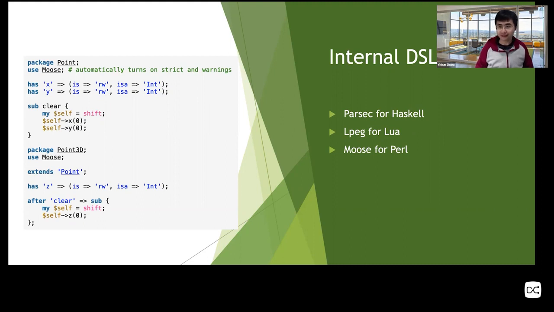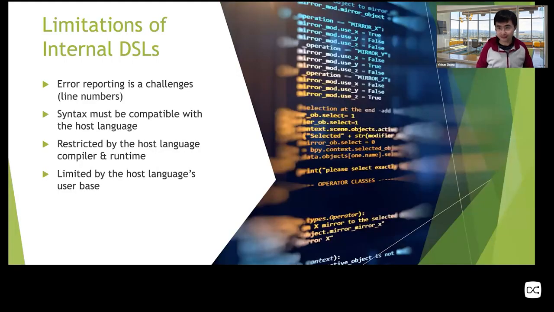It's very handy. Many people use that actually. But it still has some limitations. That's why we still need a full-fledged external DSL implementation. Regarding the limitations and restrictions, first, error reporting is a challenge. It's still doable for many languages, but you have to find the line number, for example, when something is wrong, like when the user uses certain things in the wrong context or in some wrong way, then you need to give an error message.